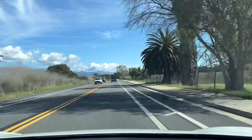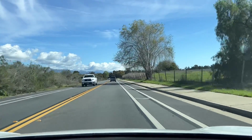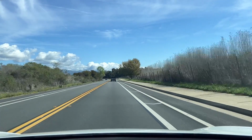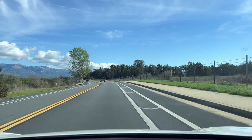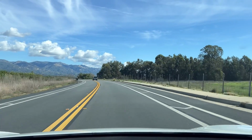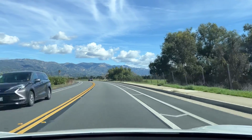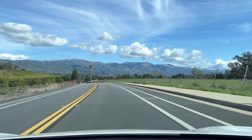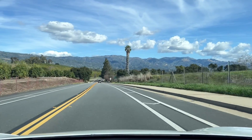All right, so this next one, we're going up to a place called Holiday Hill. It's on top of Fairview. If you take Fairview all the way up into the hills, you get into a little neighborhood of hilltop foothill homes, and some of them are a little bit bigger, like little ranches. I just went and saw something up there that was really cool last week. I didn't get to film it, but a nice little 5-acre property with killer views. But this one's going to also have some views. What do we got coming up here? 4 bedrooms, 4 baths. 1960 square feet. Or no, sorry, 1960 was the year that it was built. Nice. Square footage is